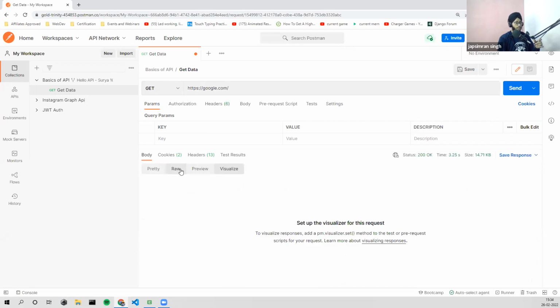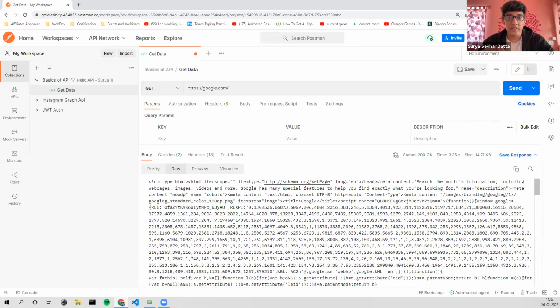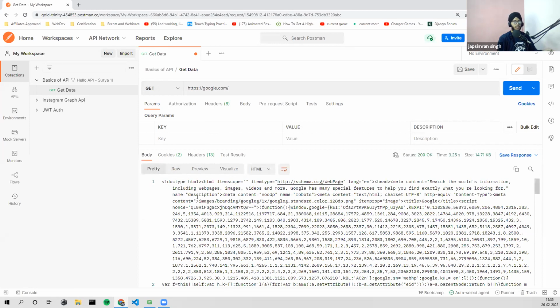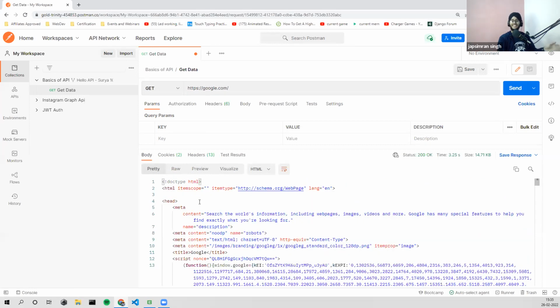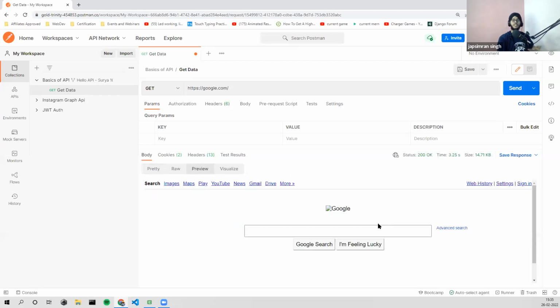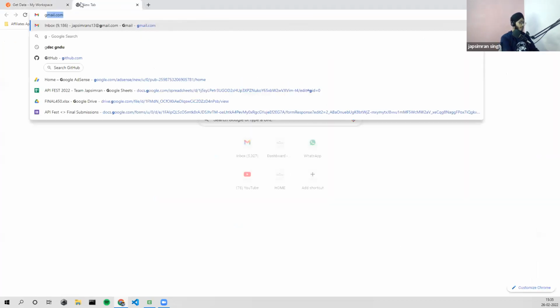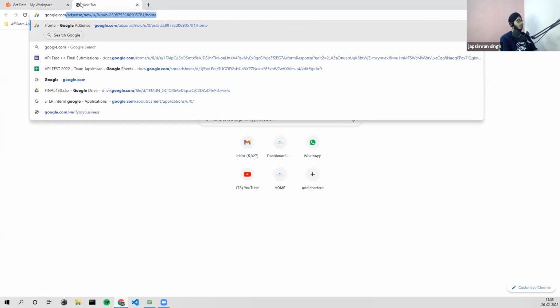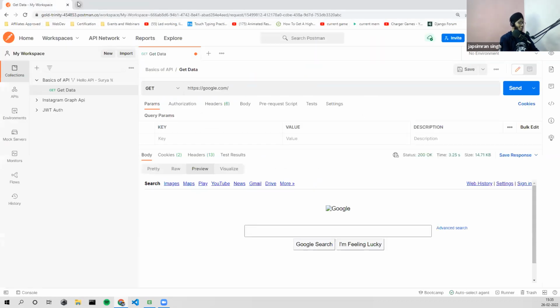Adding on to Amitesh's question here, I just talked about the preview feature. Japsimran, can you preview the response? Yeah, I was just going through that. We have the raw response. We can prettify it, like we have VS Code in our Postman, and also the preview, where it can parse the HTML and the CSS. This is like google.com. We can just search that. You can go on google.com. No, not this one.